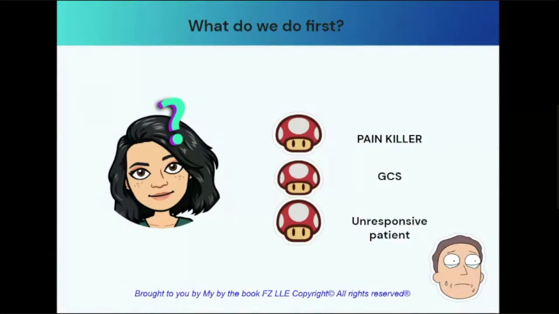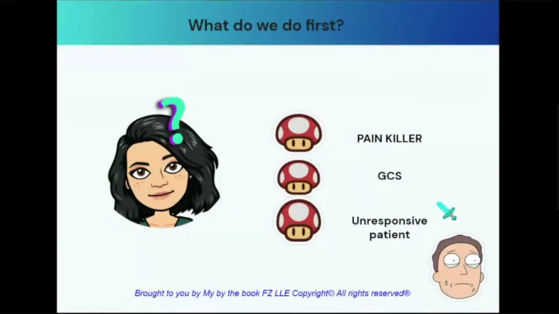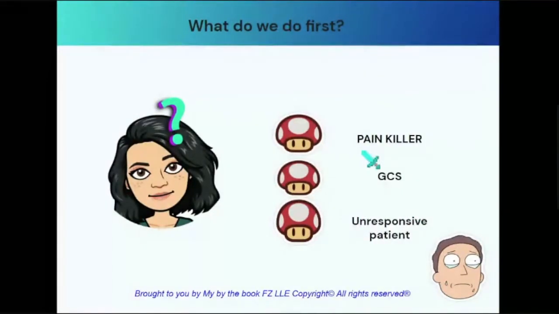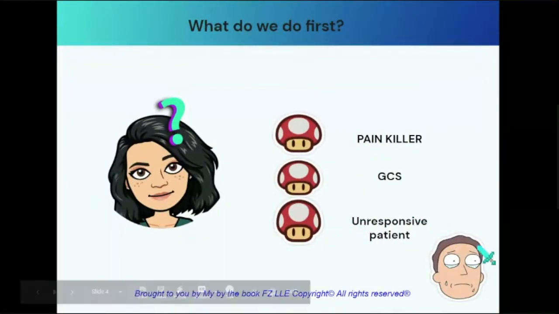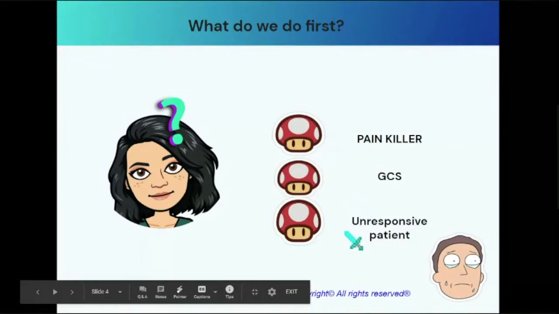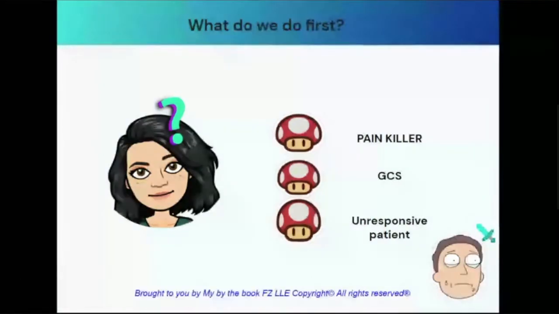I'm really sorry to break this to you, but this is exactly what happens. You think the wise thing to do would be to give the painkiller first, then the next thing would be to assess the Glasgow Coma Scale, and even after you have done these two things,